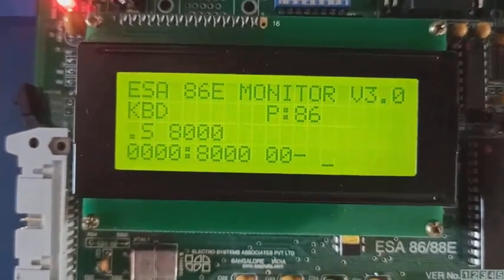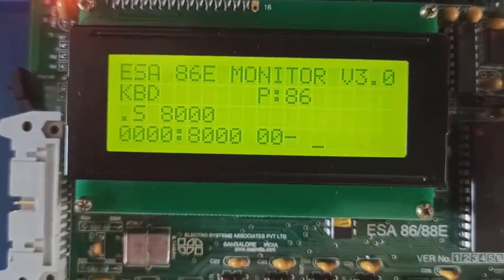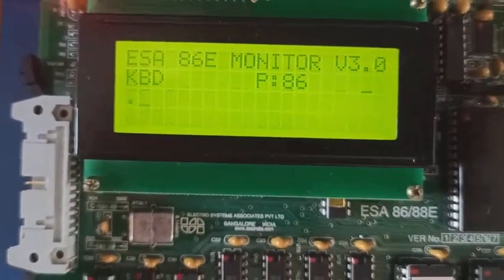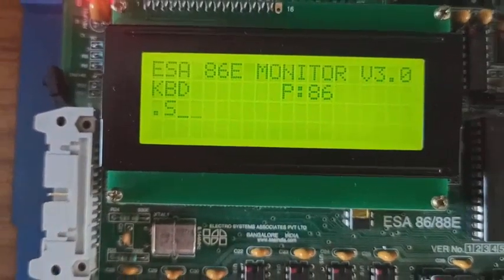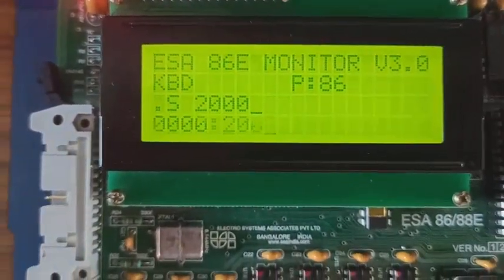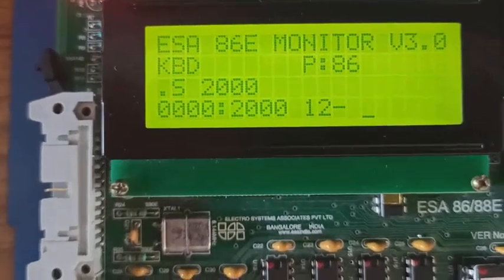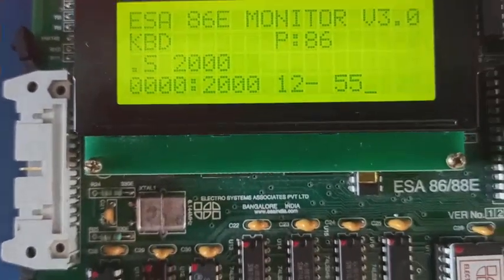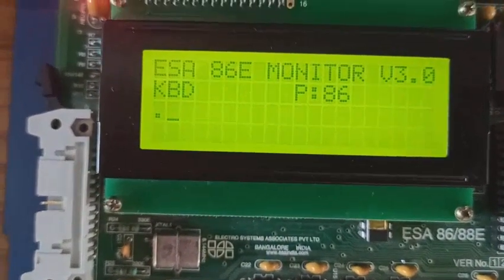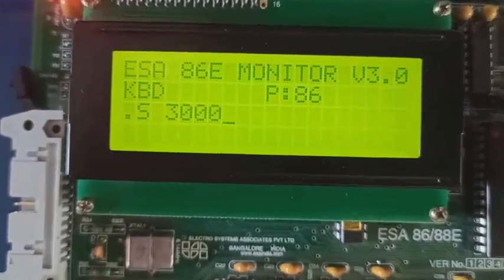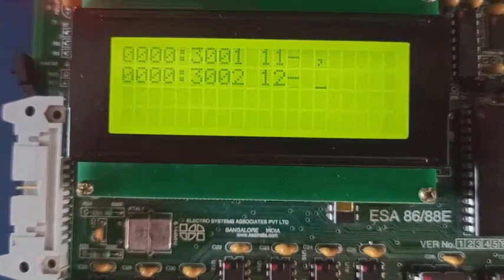If we change the input and scan for an unknown input which is not available in the given string, let us say in S 2000 we give unknown data, 55 let it be. I am scanning for 55 in the given string. What is the given string data? It is 10, 11, 12, 13, 14.